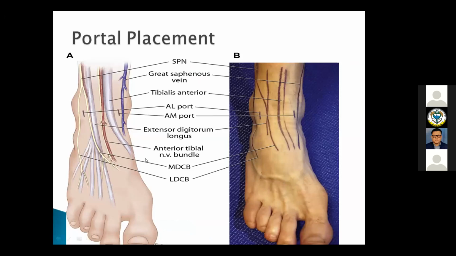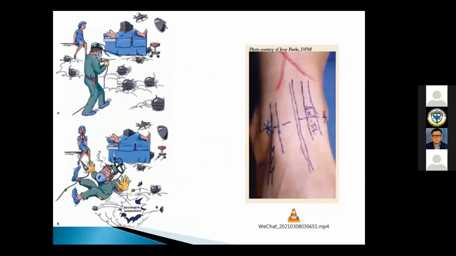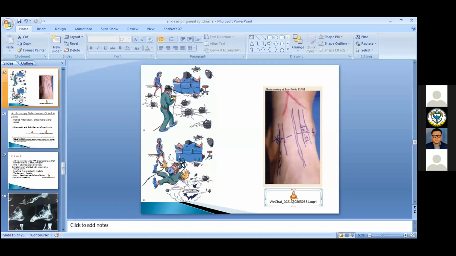Before making any portal or incision, the normal structures of the ankle should be known very carefully, and this is safe if we do it carefully. Pre-marking is very important for safer surgery, and that is how we can avoid complications. It's like landing on a minefield, but if you do proper pre-marking, it will prevent further injury or other complications. It's not that complicated, and we can do it very easily if we mark it beforehand. So this is my video